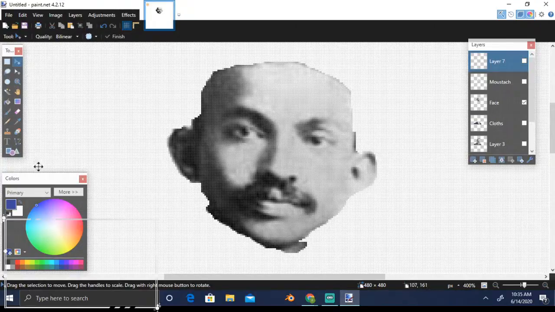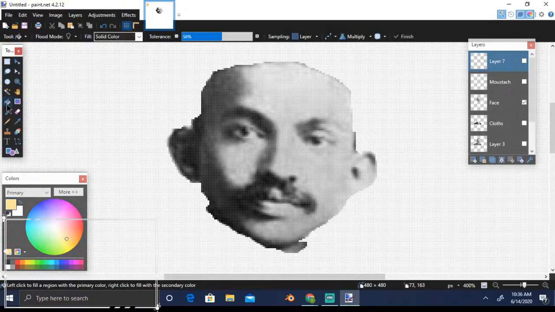Let's try to select a face color. Which color? Let's try to get a skin color. Okay, this color looks okay. So it's just trial and error, guys. Don't judge me on this. And let's just, oops, wrong layer. So we'll go to the face layer and let me put it on the face.